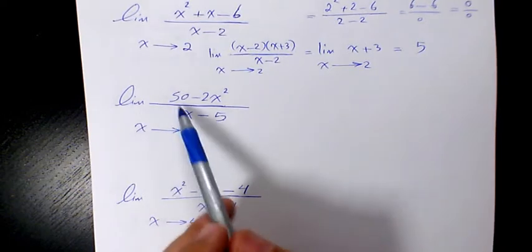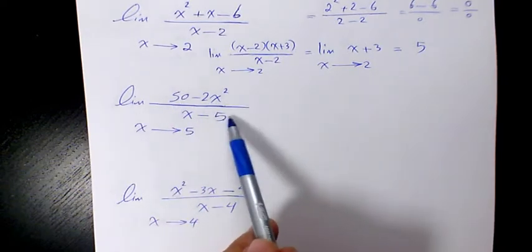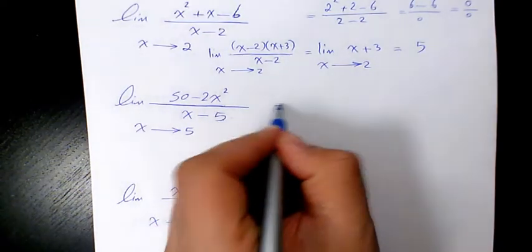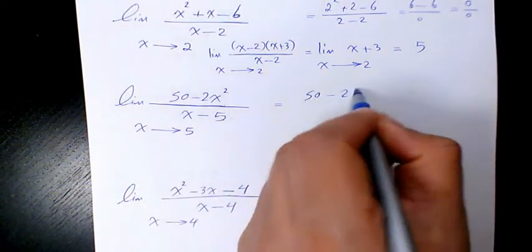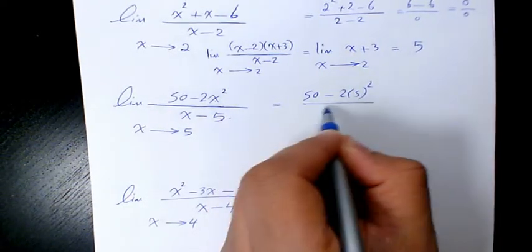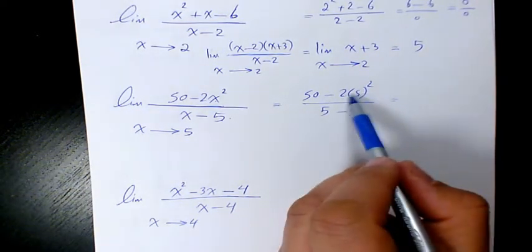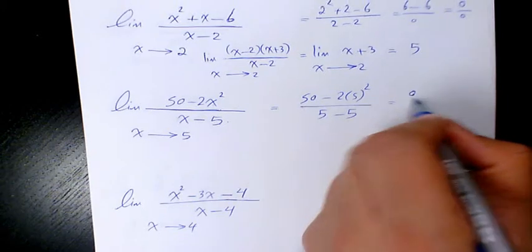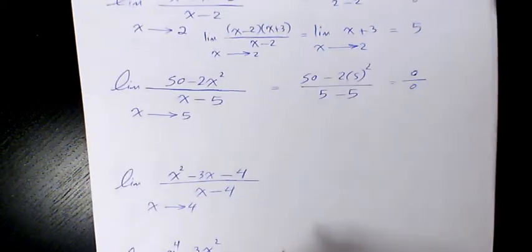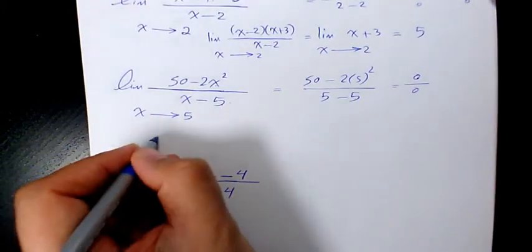Next one is limit of 50 minus 2x squared over x minus 5 when x approaches 5. That's going to be 50 minus 2 times 5 squared over 5 minus 5. 5 squared is 25, times 2 is 50. 50 minus 50 is 0, and 5 minus 5 is 0. So we need to